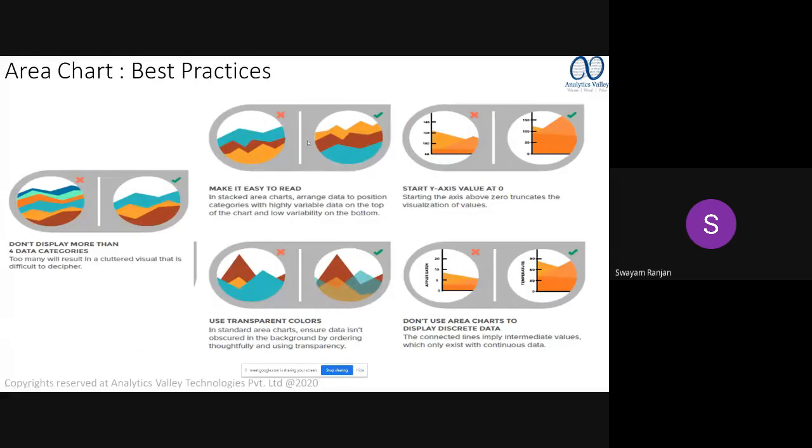So that the lower data is presented in a better way, and higher data is presented on top of the stack chart. As I discussed, it should always start with a zero, never with a number. These are the standard practices which prevail across charts. Use transparency. In this fourth graph, you can see my mouse pointer: there is a dip here, but till what level the dip is going, we are not able to see.